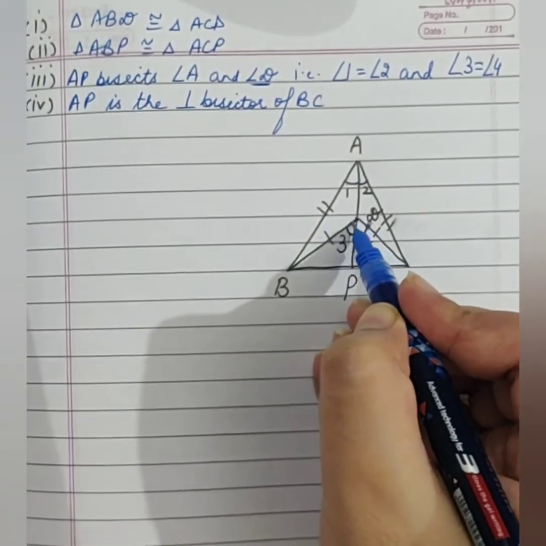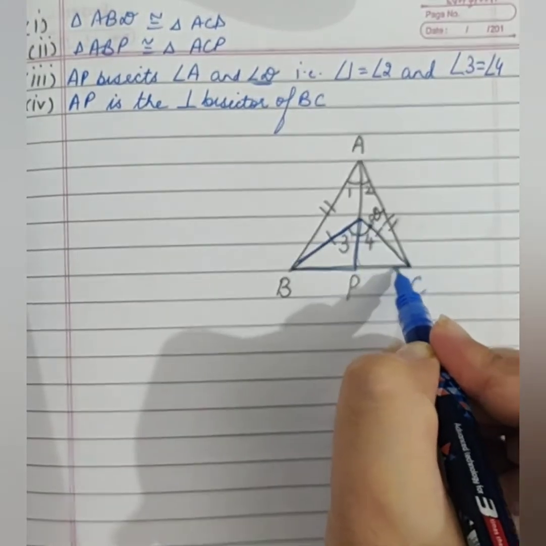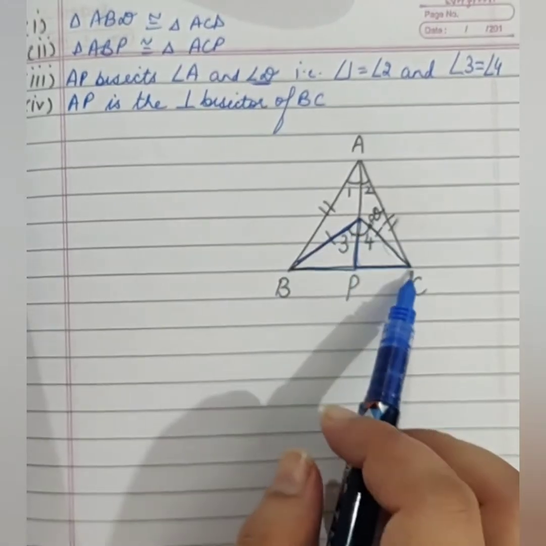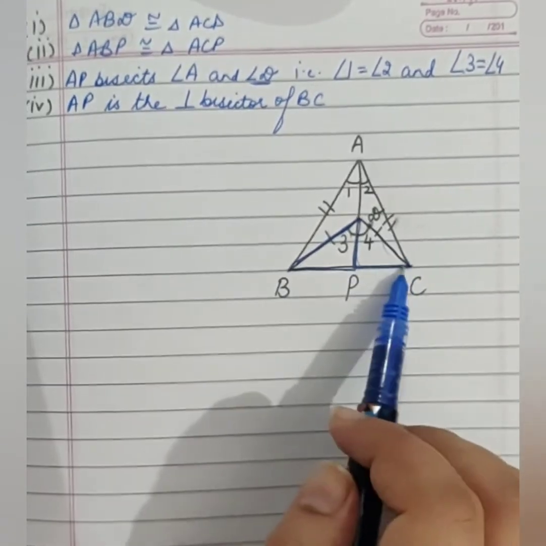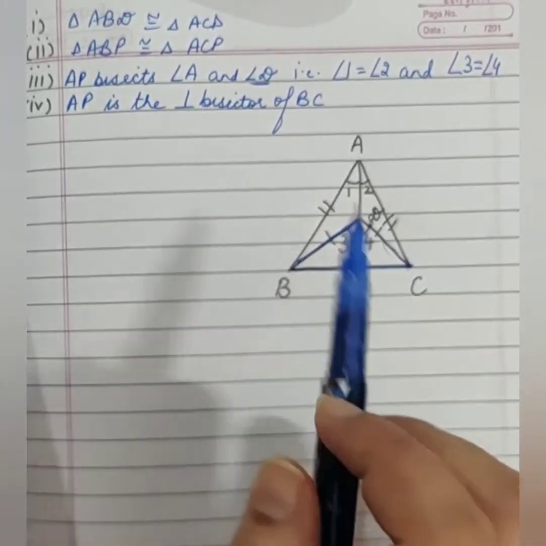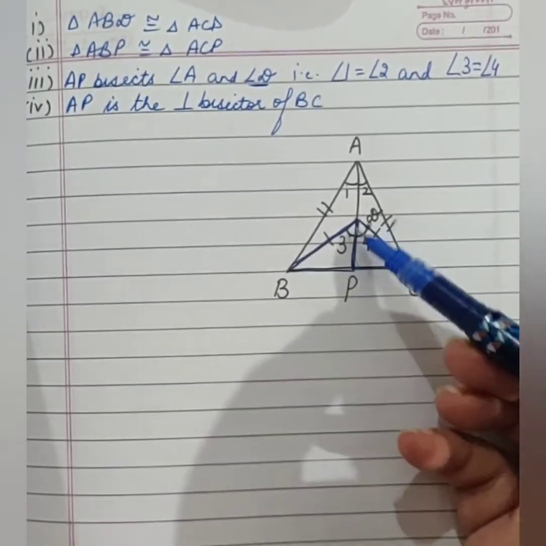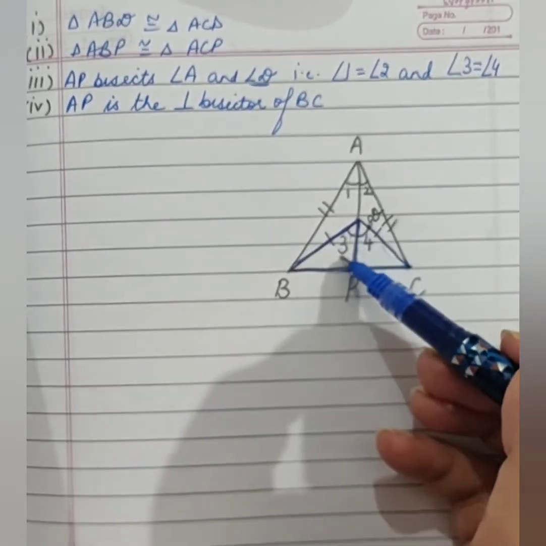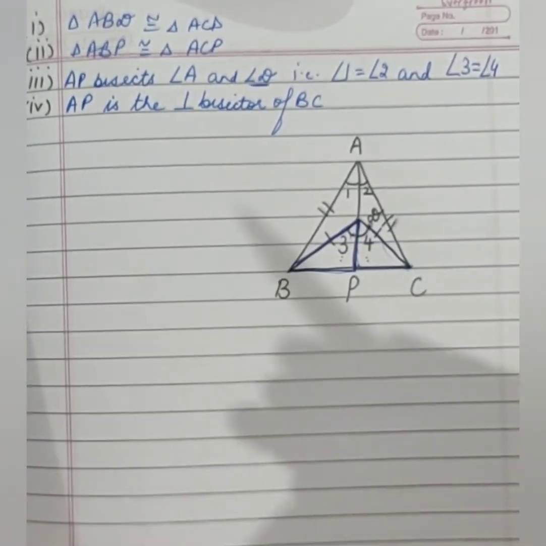If we take these two triangles, this triangle and this triangle, in these two triangles DB is equal to DC, given. This is first condition. BP will be equal to PC. Why are BP and PC equal? Because of CPCT of the second part. And DP is common in both the triangles. So by side side side congruence, we can say the two triangles are congruent, and by CPCT angle 3 would definitely be equal to angle 4. So let's start doing its proof.